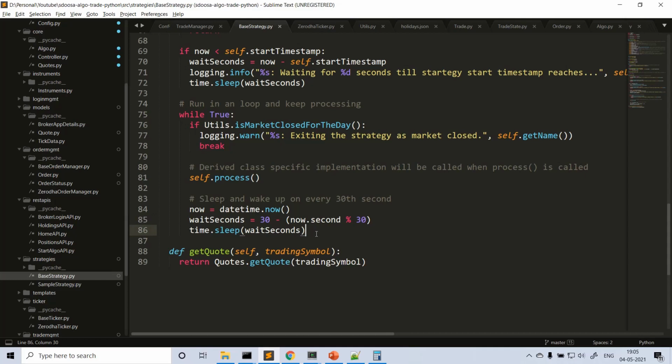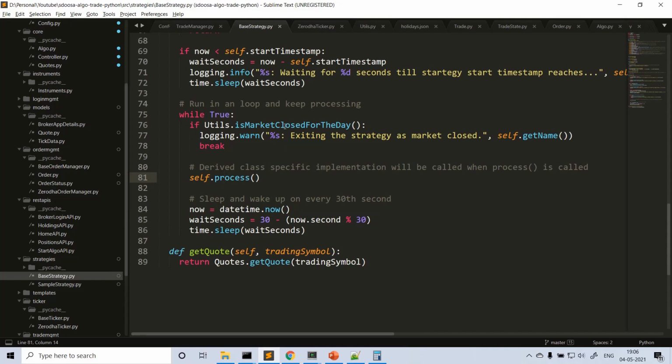Let's say after 1 minute finishes, you are doing some operation inside process. It will be exactly after a 5-minute candle closes, or a 10-minute candle closes, or a 1-minute candle closes. For that purpose, I'm calculating how many seconds I need to wait to reach the next 30th second. In that way, I just wait in the loop and keep on calling self.process.